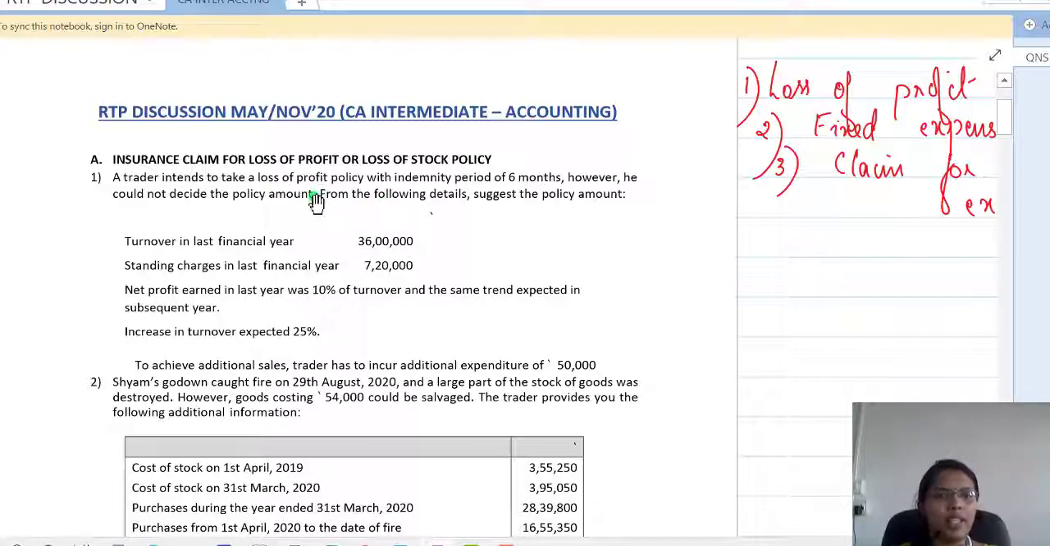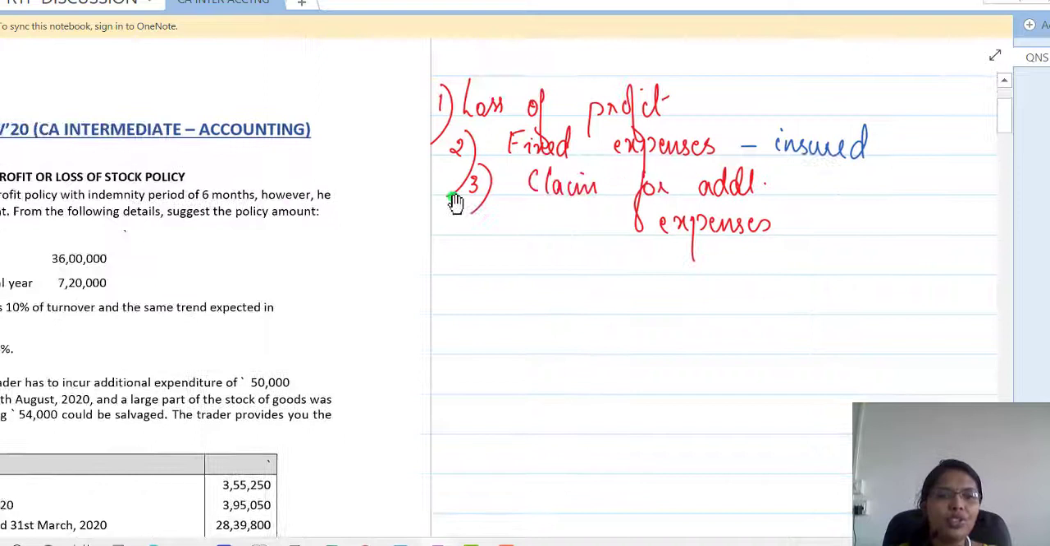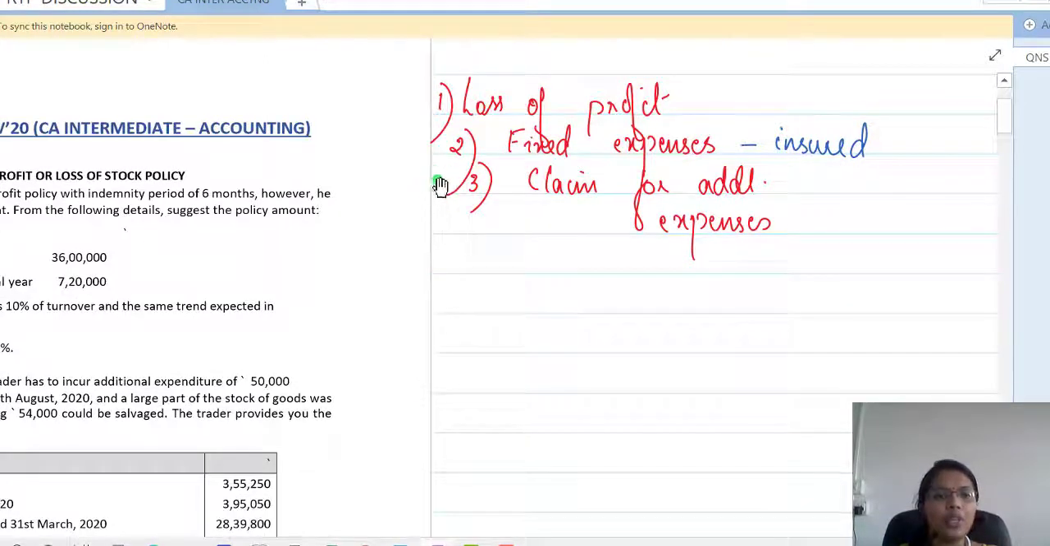of profit policy. That is, if he plans to take up this policy, what all are the losses or things that are going to get covered for him? What are the risk coverage he is getting? So those 3 components of a claim under loss of profit policy are first and foremost